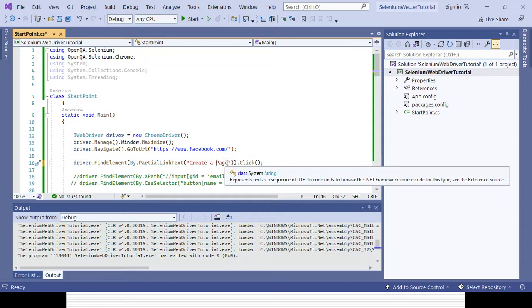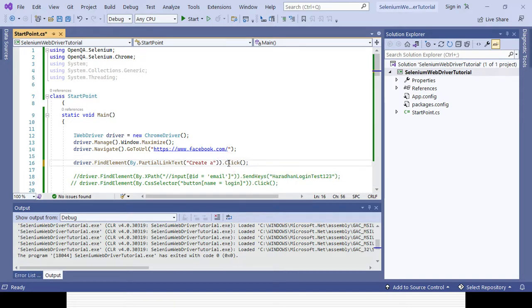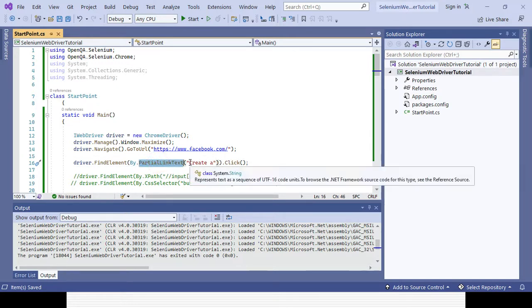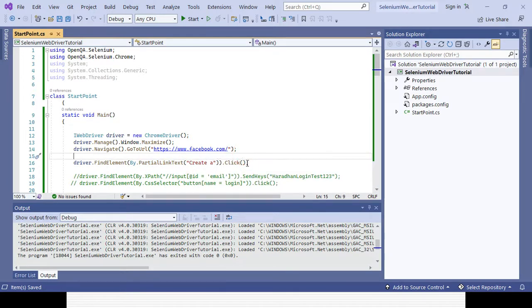I know that up to create and space A will never change, and the part after that can change, so I will ignore that volatile component and go for partial link text, using the fixed part. Then I can identify the link and perform the operation.